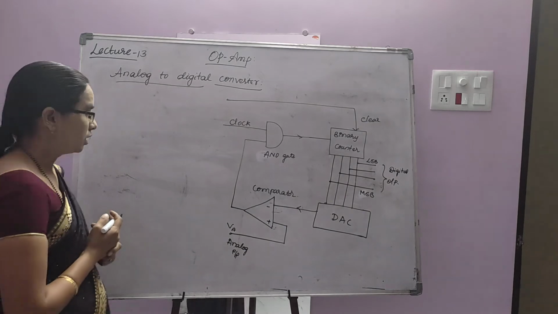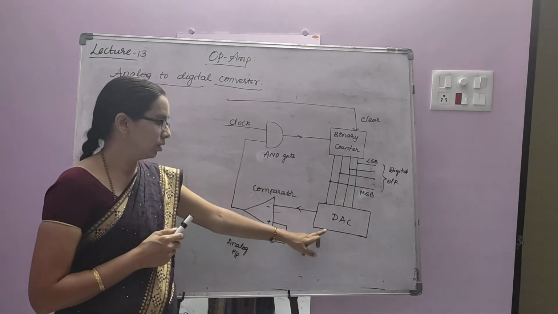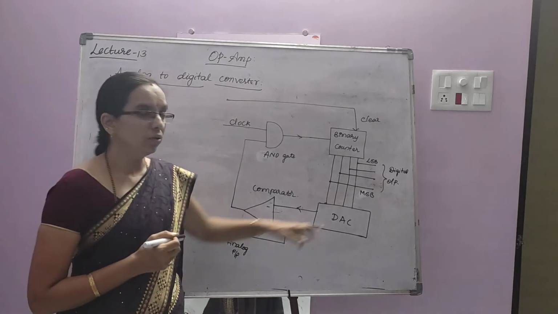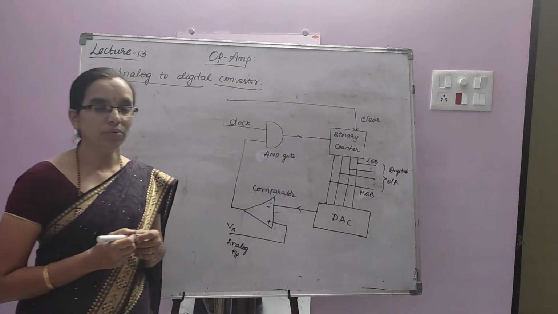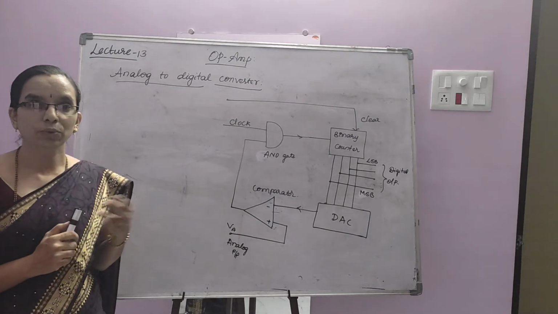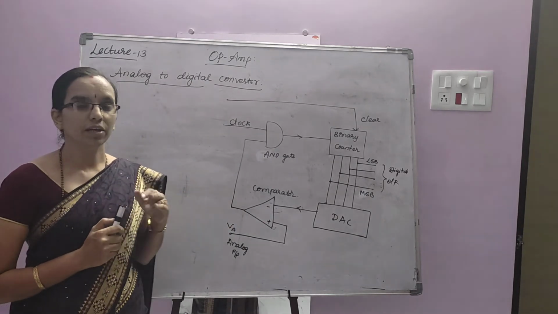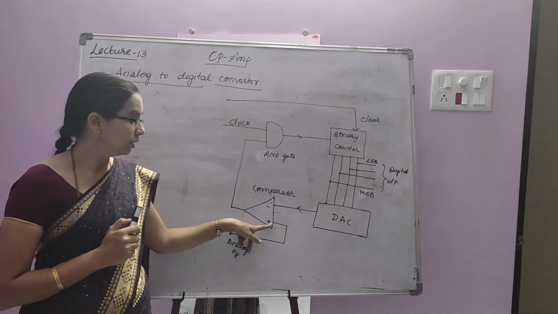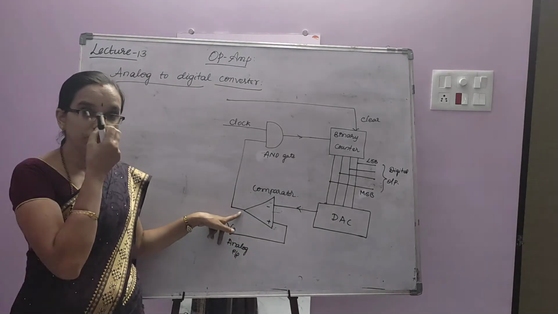analog to digital converter. So in this analog to digital converter, we will have a binary counter, DAC, comparator and an AND gate. See, DAC we know that is a digital to analog converter that we have already studied. Comparator circuit also we know, that is an open loop application of op-amp which compares the given two inputs and gives the output of which is greater. Right? If it gives one output, here in this case, then the input at the non-inverting terminal is greater, then it gives the output 1.